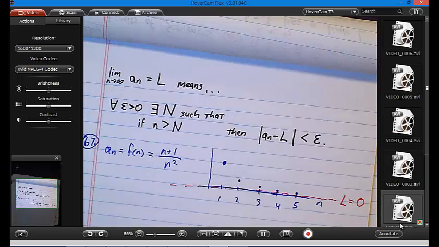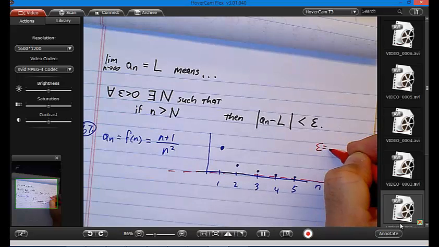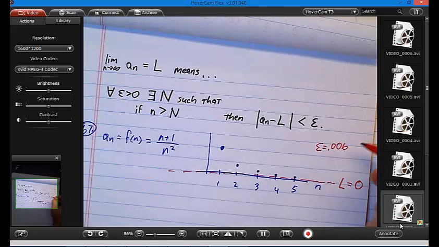Well, the idea is, for any positive number you can pick, I ought to be able to find a number n such that this is true. Ashton, can I have a small number, please? 0.006. That's almost a seal number, right? That's a small number. So if Ashton says 0.006,